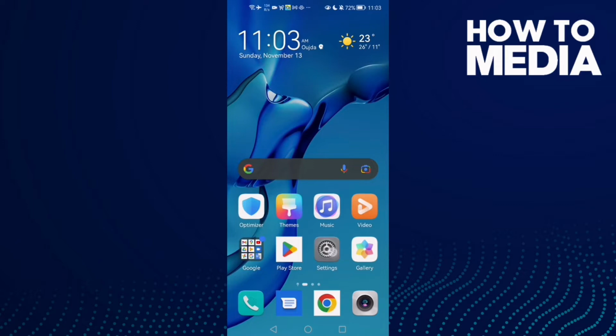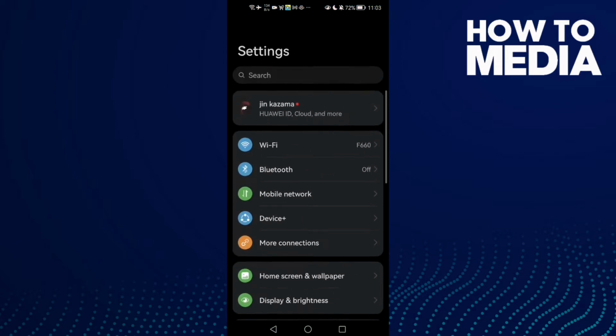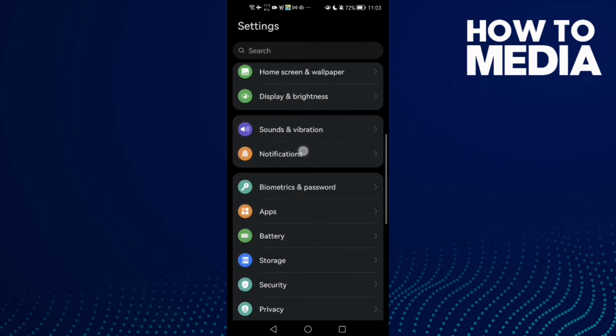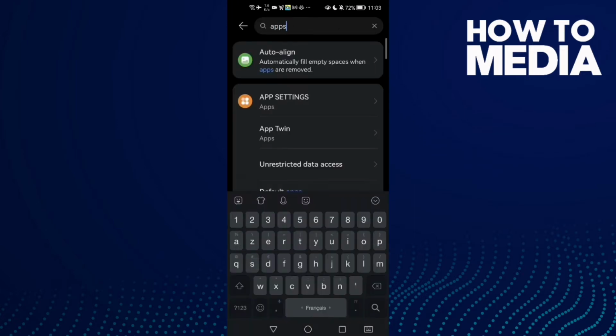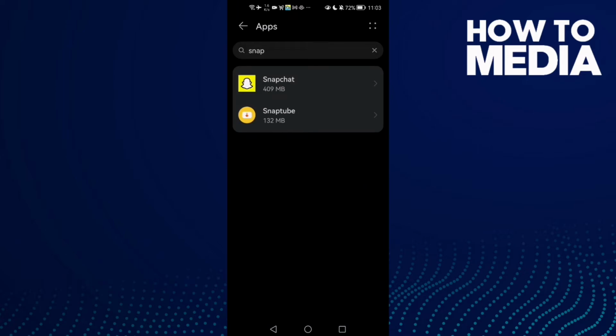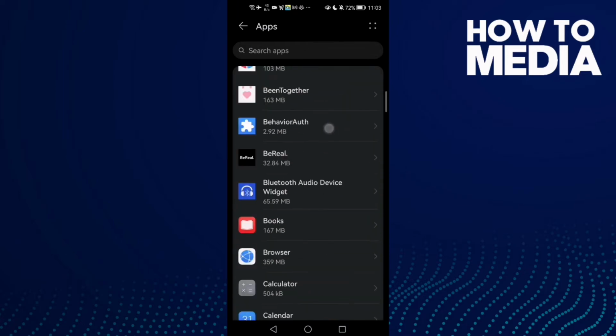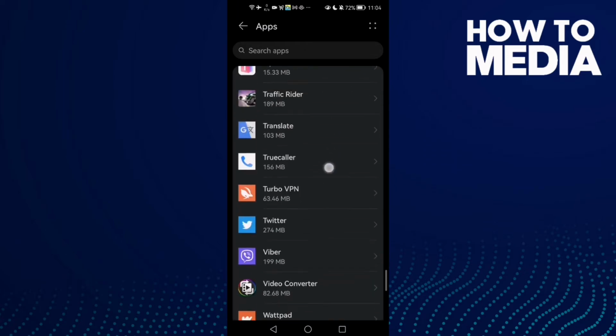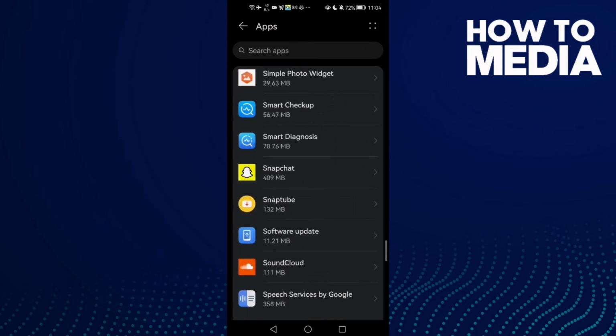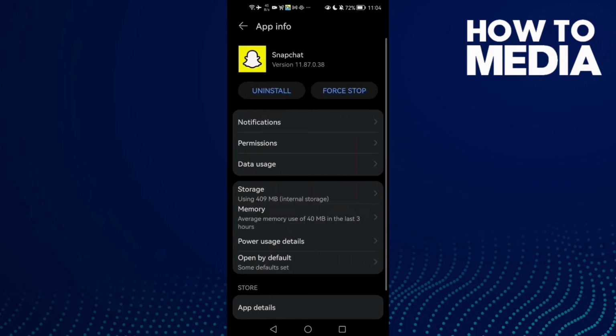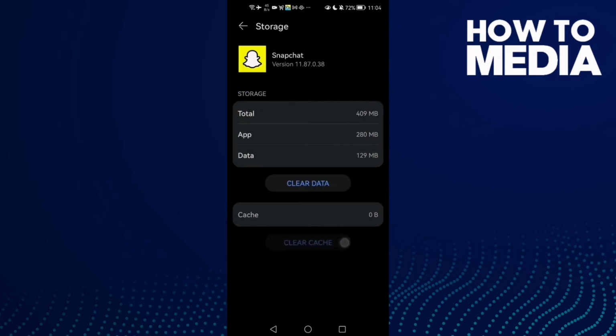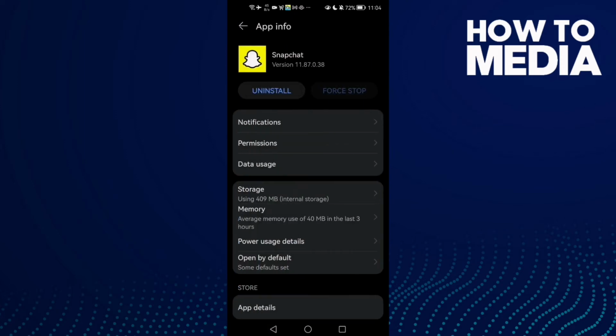First, open settings and then scroll down until you find apps, or you can just type here apps and you will find it. And now just scroll down and here you will find Snapchat. Click on it and first click force stop and then go to storage, click clear cache and then go to